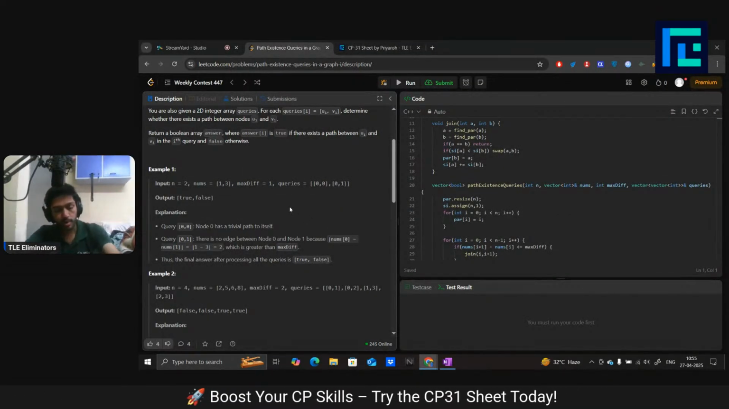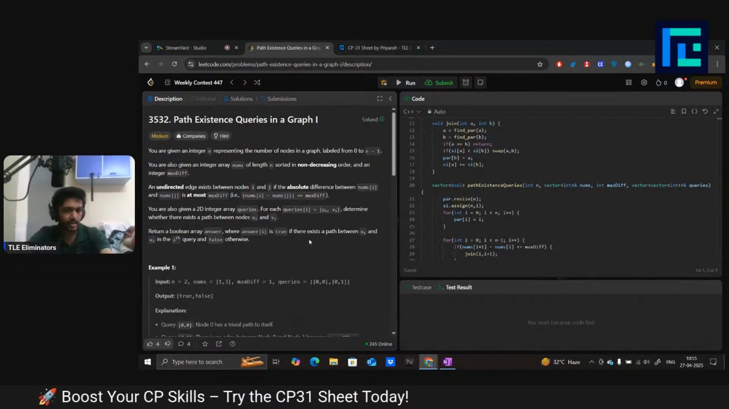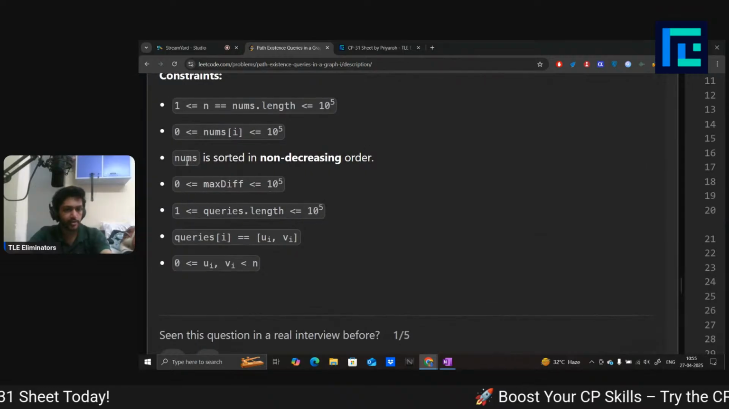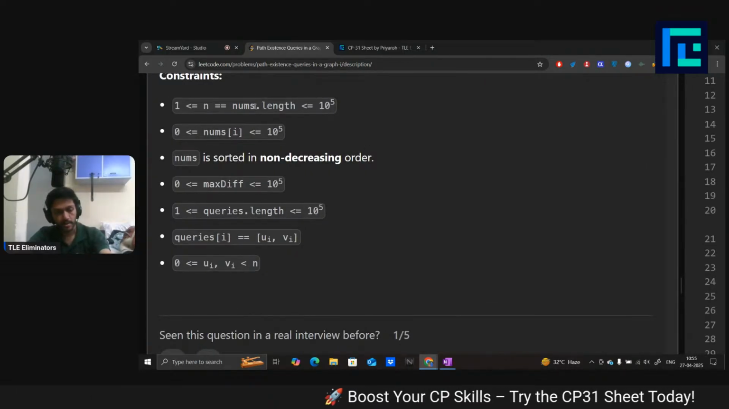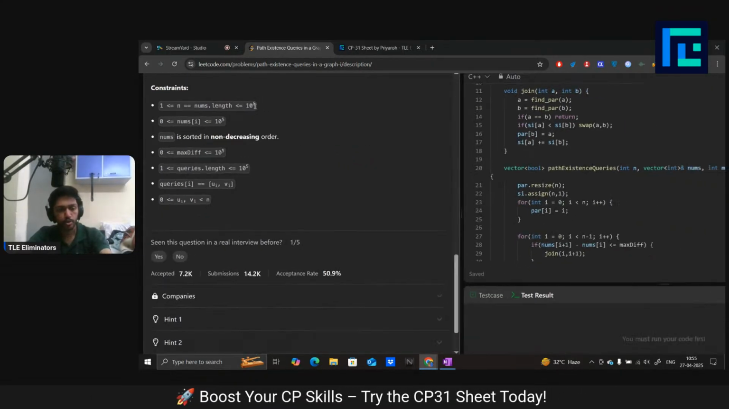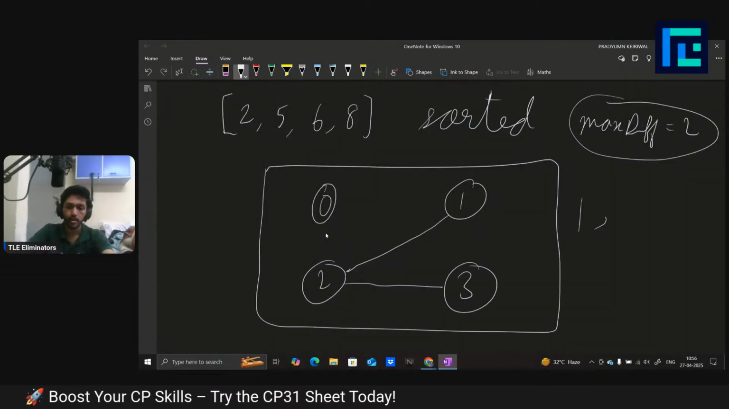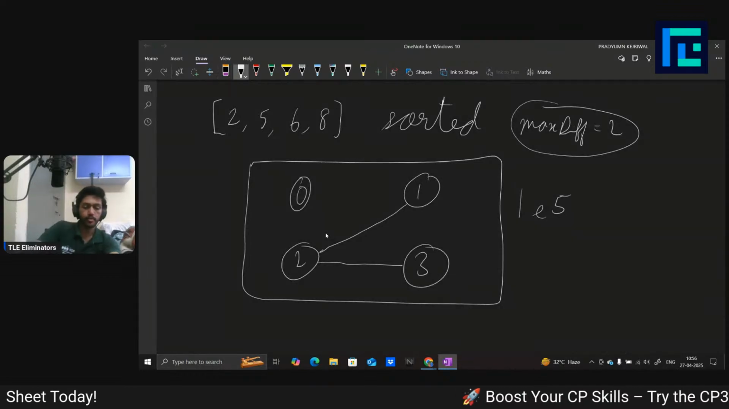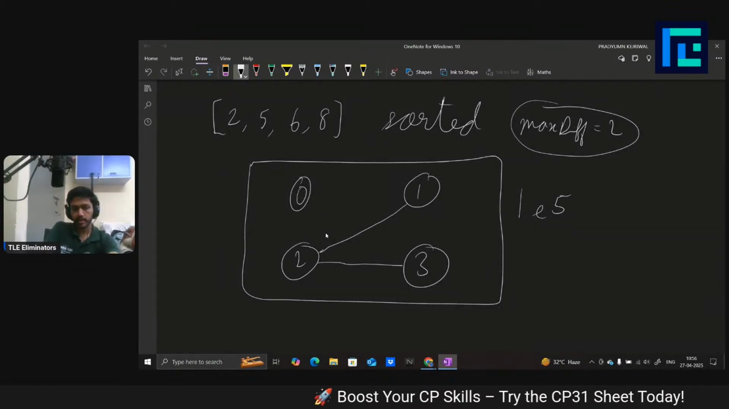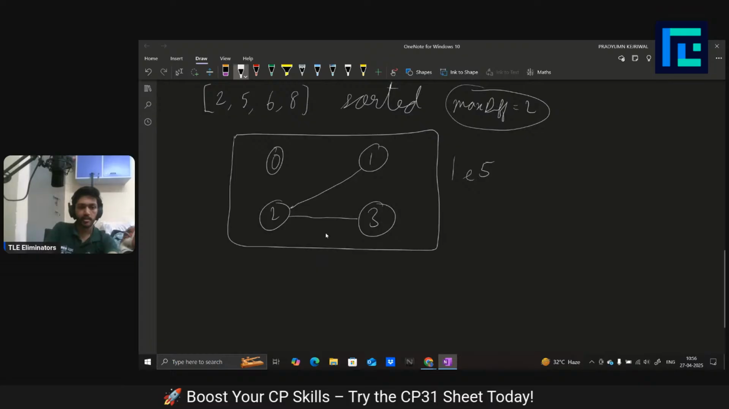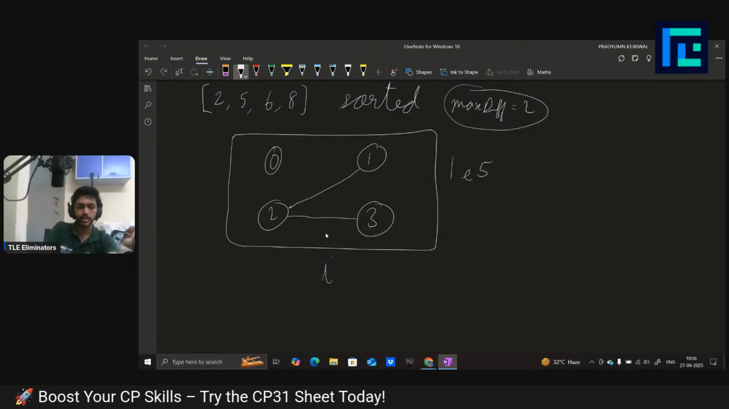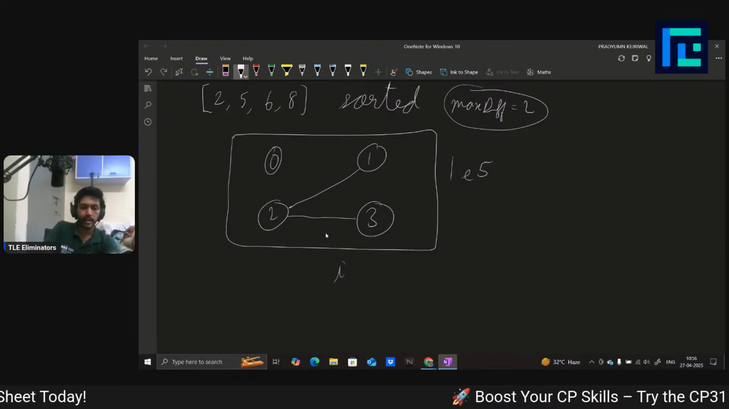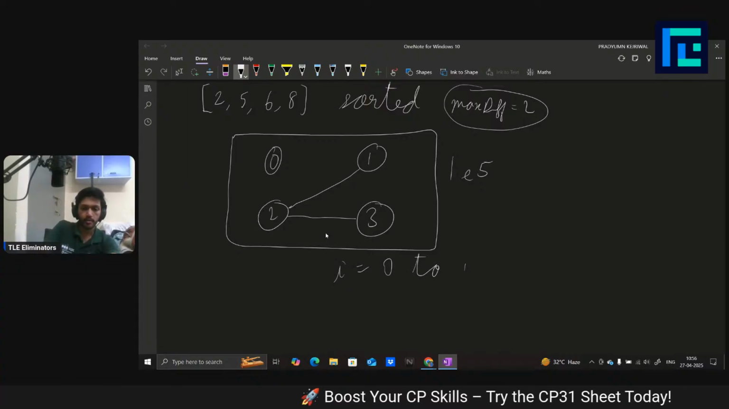But you are wrong. Why? Because the number of nodes in this case is up to 10 to the power 5. So the number of nodes being up to 1e5 is no problem. But when you try to make the edges, you will iterate over all pairs of nodes i and j. Ideally, you will do for i equal to 0 to n minus 1,